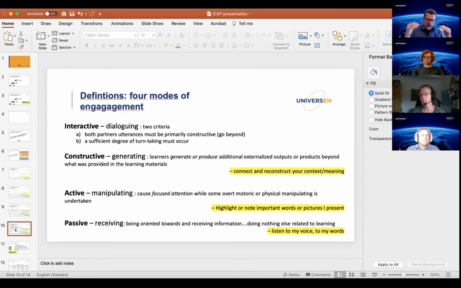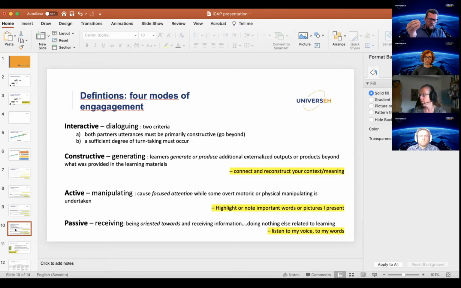Both students or partners, participants, are sharing their constructive level, so to say, that their utterances must be on a constructive level, that they share the understanding they have made out of the information, and also that they don't just share that information between them, but